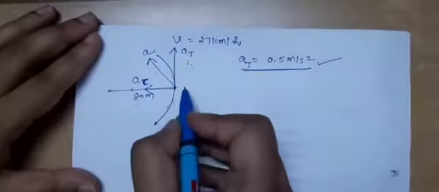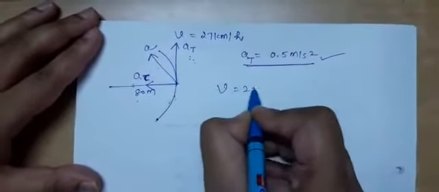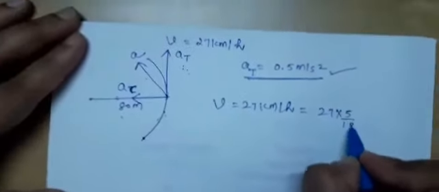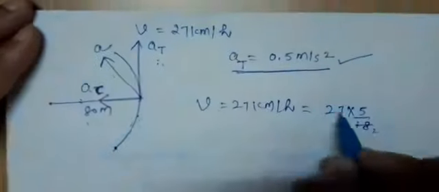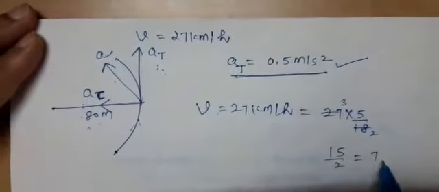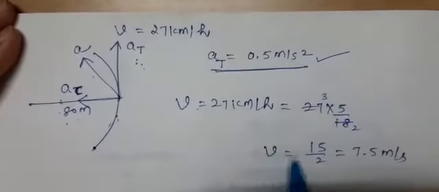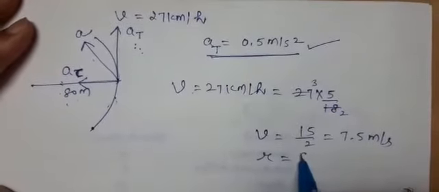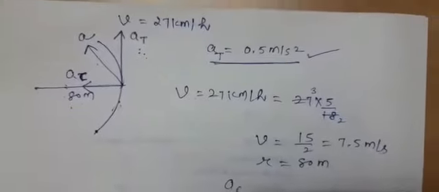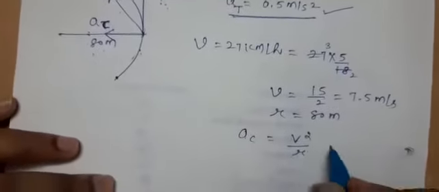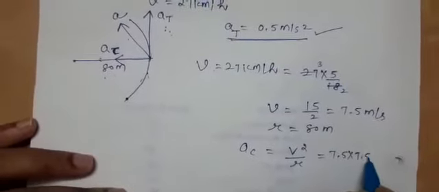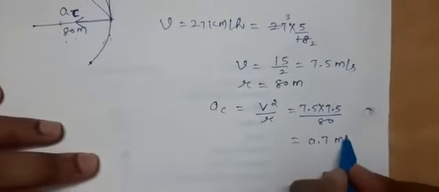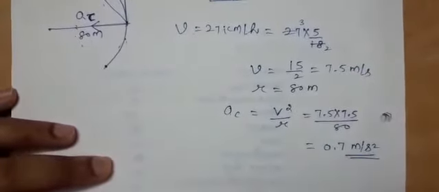So as the person is moving such that speed is 27 km per hour, the first thing I will do is convert it into meter per second. So here it will be 15 by 2, that is 7.5 meter per second, right? Then the radius of the circular turn is given to be 80 meter. So what will be the centripetal acceleration? We know its formula, v square by r. So directly I will substitute the values, and when I solve it, this will come out to be 0.7 meter per second square. You can check its calculation part, right?